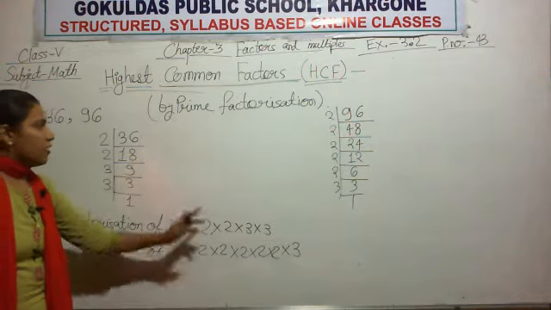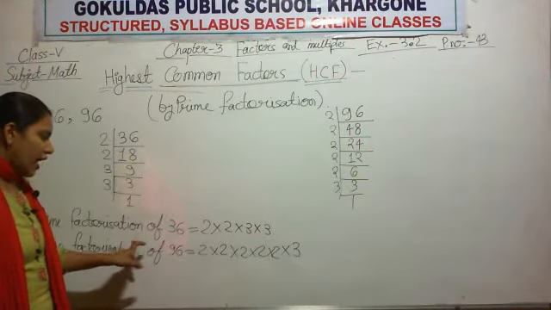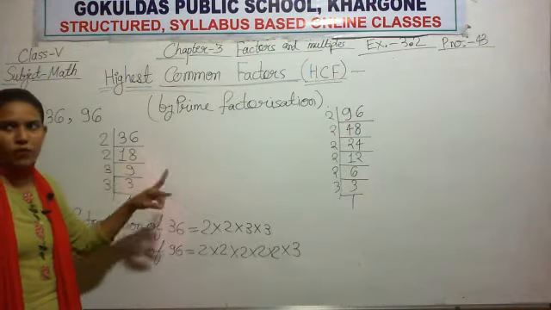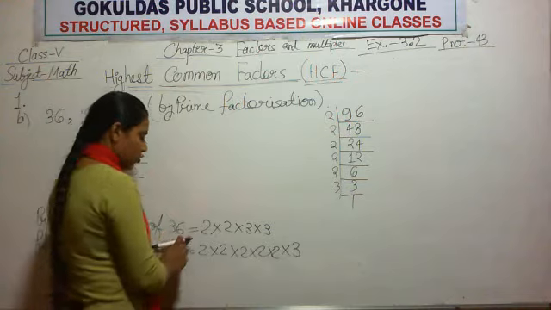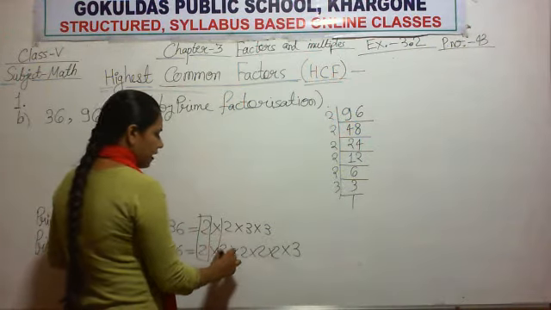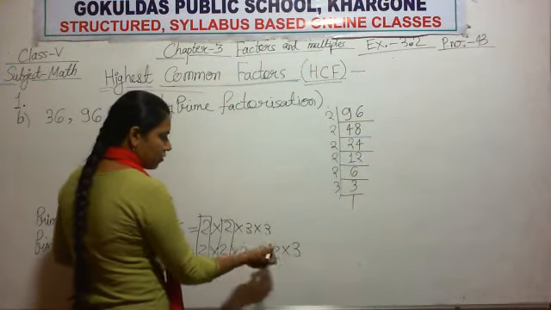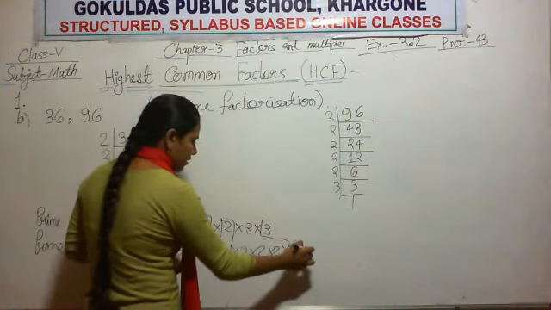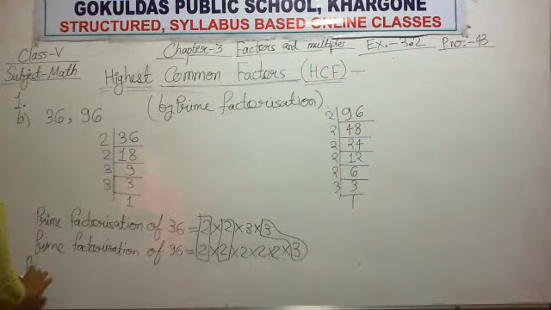Okay. Now we have completed half of our question, that is, we have found the prime factorization of both the numbers. Now your task is to find the common factors. So you observe that here 2 is common, right? Then again 2 is common. Then no 2 is there, 3 is there. So one pair of 3 is there, right? So your final answer will be